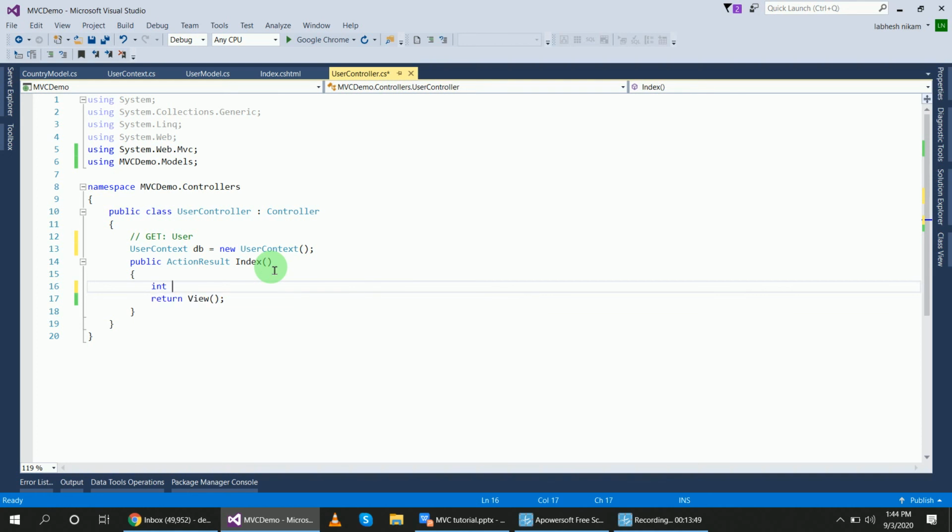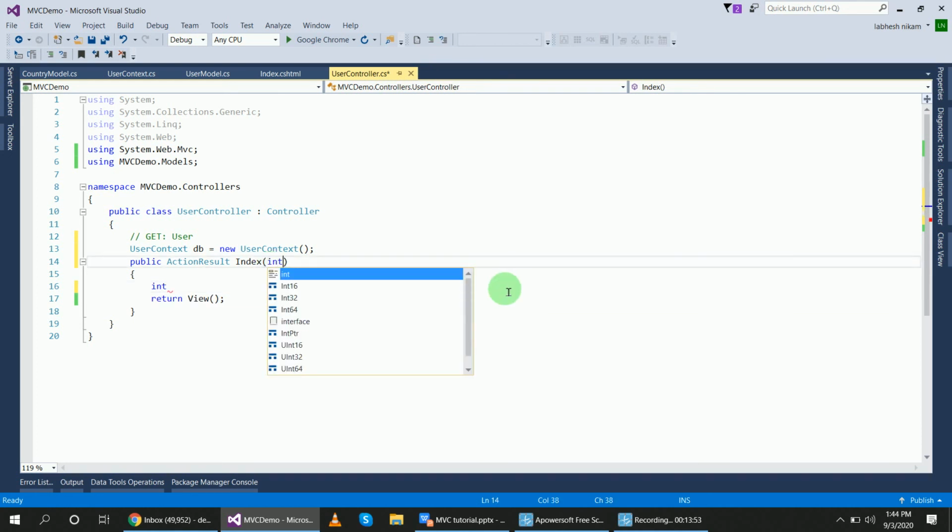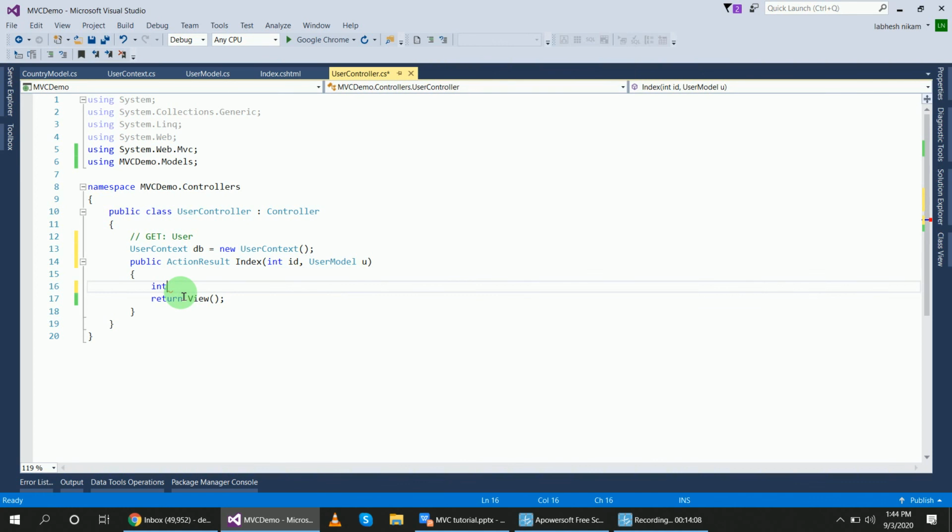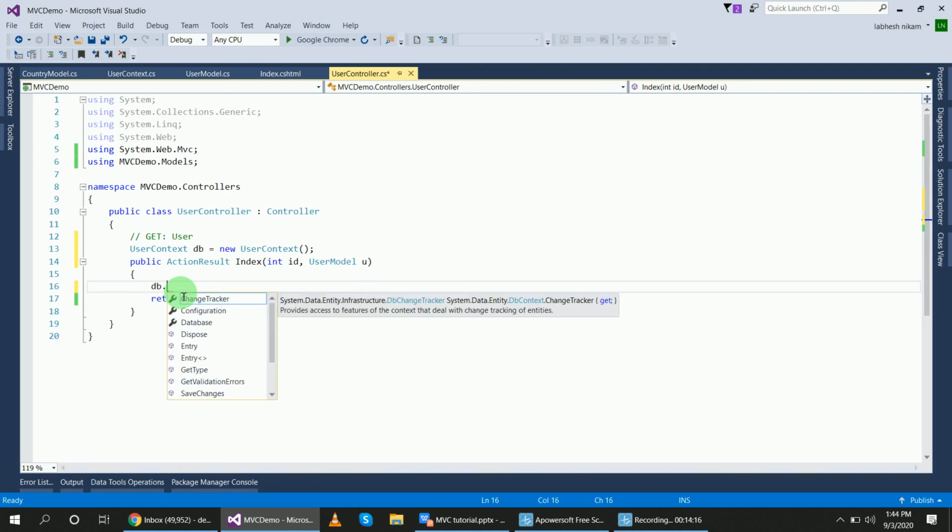first I will pass the parameter because I want to fetch single records from the table. So integer id and the class name user model, object name suppose u, right? Now access the data using class. So connection db dot table name users,